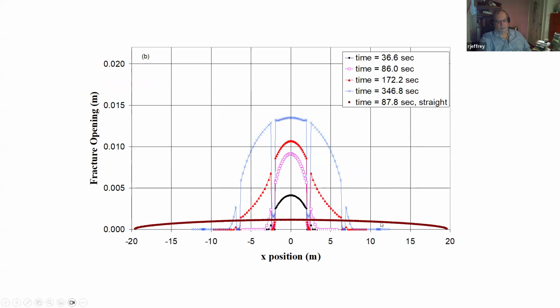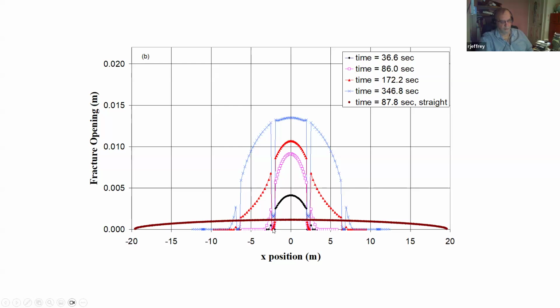The brown curve here is for a straight fracture without offsets. And for a comparison, at 87 seconds, that had extended to 20 meters either side of the injection point. Whereas at 86 seconds with the steps, you can see this pink purple colored curve shows the opening for that case with the first step here,